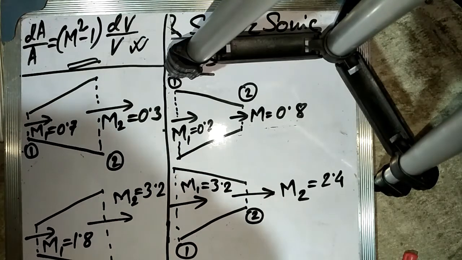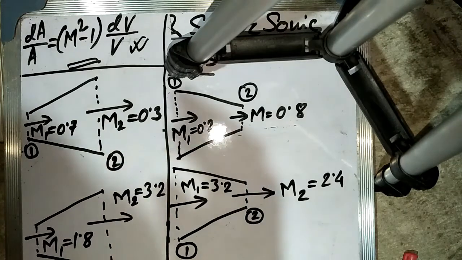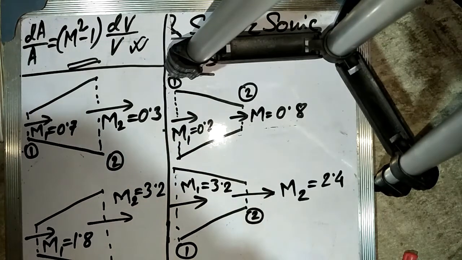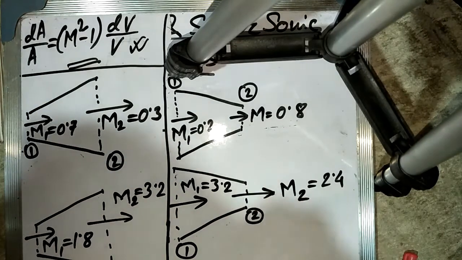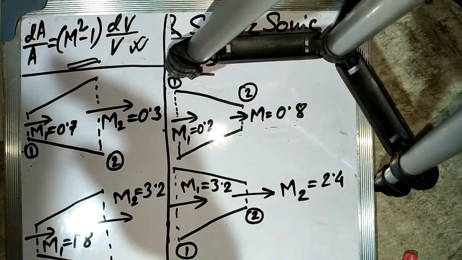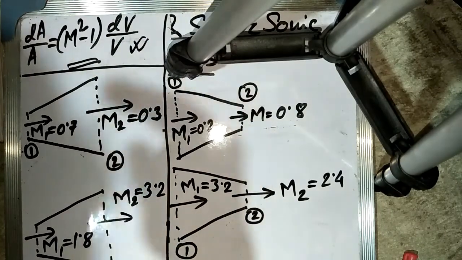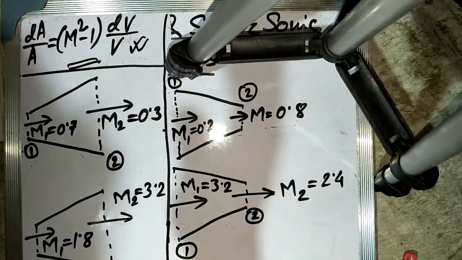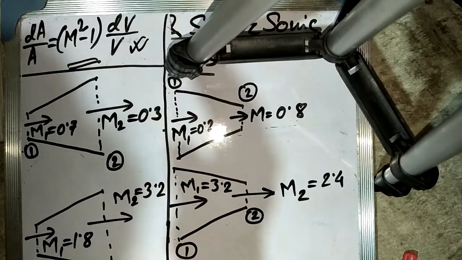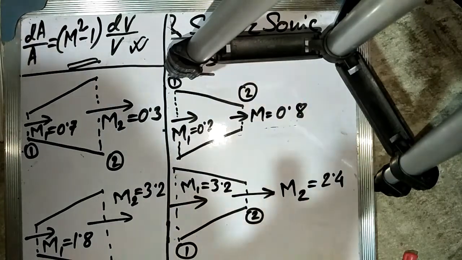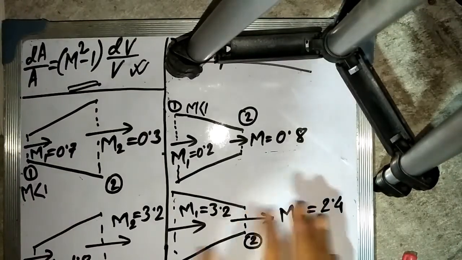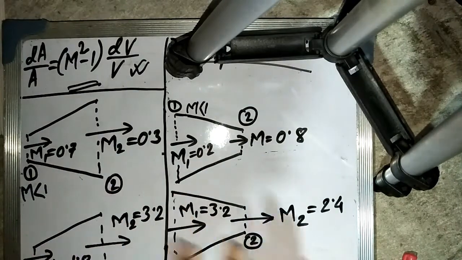So for subsonic flow, a convergent passage or duct becomes a nozzle, and a divergent passage or duct becomes a diffuser. And when the value of M is greater than 1, that is when the inlet velocity is supersonic, as the flow area A decreases the pressure increases and the velocity decreases, and as the flow area A increases the pressure decreases and velocity increases. So for supersonic flow, a convergent passage is a diffuser and a divergent passage is a nozzle.